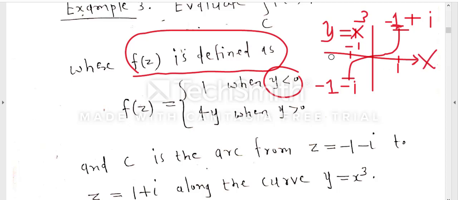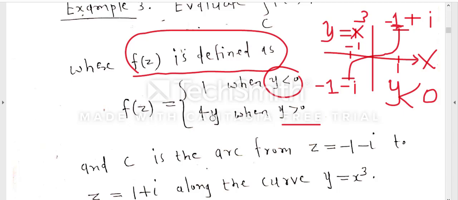So if the complex number is below the x-axis, y will be negative. In this portion y is negative. So if the complex number is below the x-axis, the value of the function is 1, and if the complex number is above the x-axis, that is when y is positive, in this upper half plane, then the value of the function at that complex number